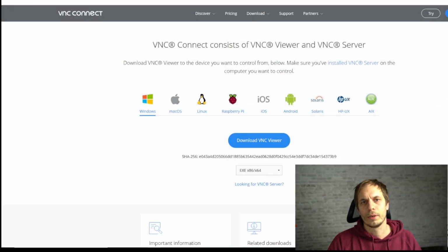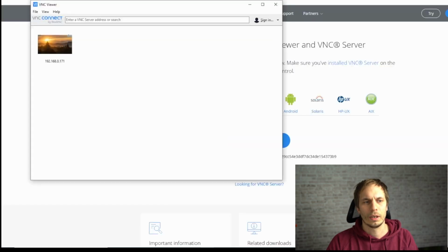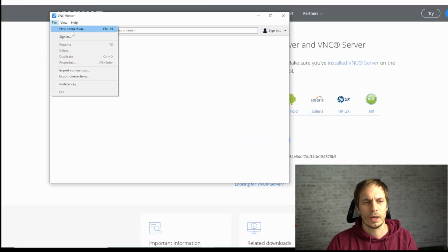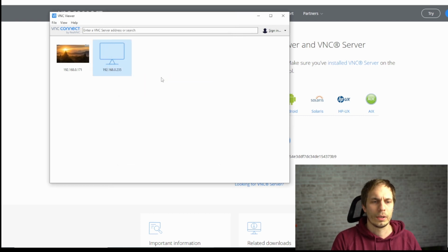So while the Raspberry is rebooting, you can download the VNC viewer from the website RealVNC. And when you install it, you get a viewer like this one. Then you say new connection. So here you need your IP address. If you're connected before over SSH, it's not a problem. Otherwise you go into the console and type ifconfig and figure out what the IP address of your Raspberry Pi is. Then you say OK